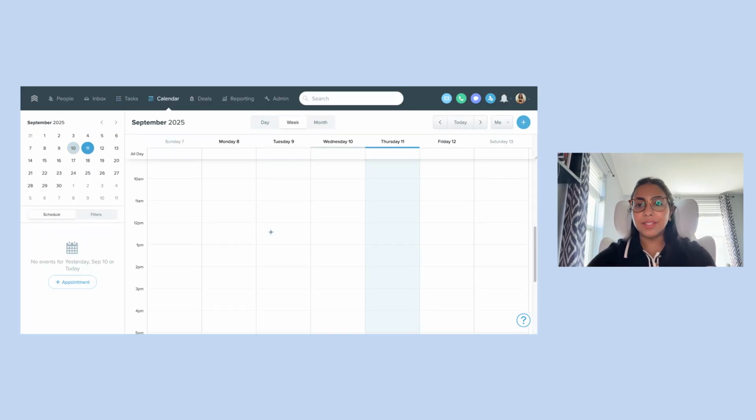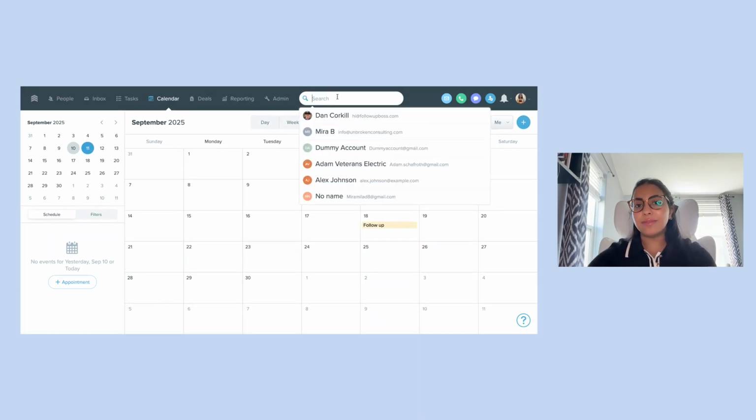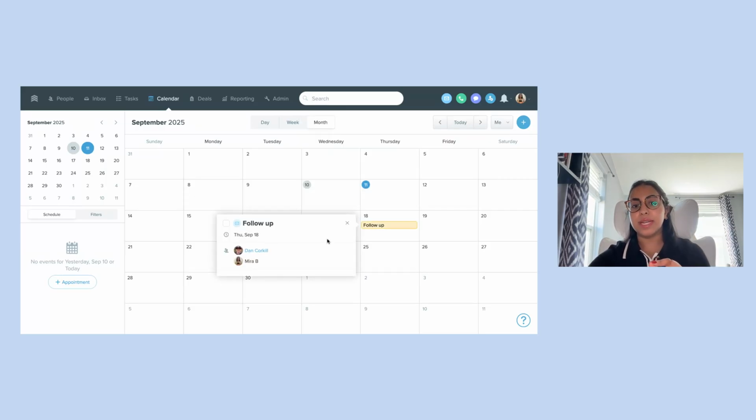I don't have my calendar connected, but basically once you connect it, you should be able to find all your appointments, all your calendar here, and your tasks as well will show up here. And then if you have a certain task at a certain date and time, it should appear here, like this one, for example. It's appearing right here. And then you can basically view what you have going on in the next week or this week from the